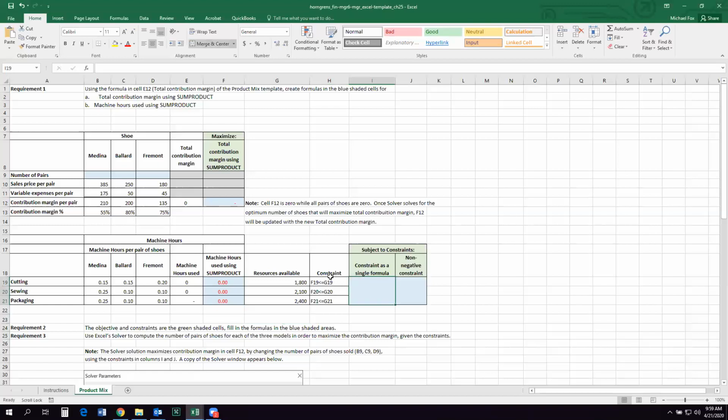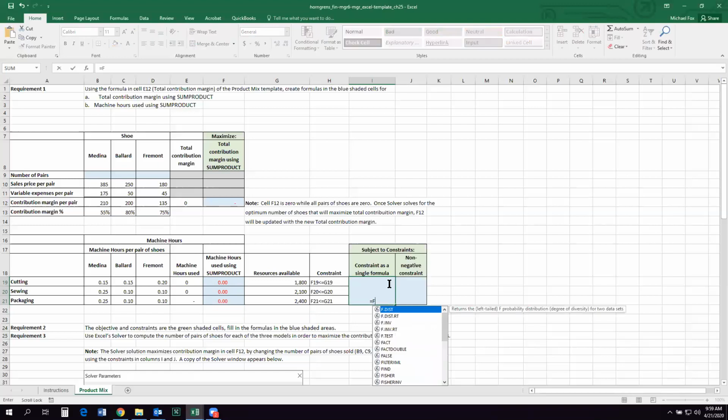And so we have these constraints for each of them. It wants us to do the constraint as a single formula. So this constraint is just that this equals F19 to F21. So you see it highlighted those for us. Will be less than or equal to